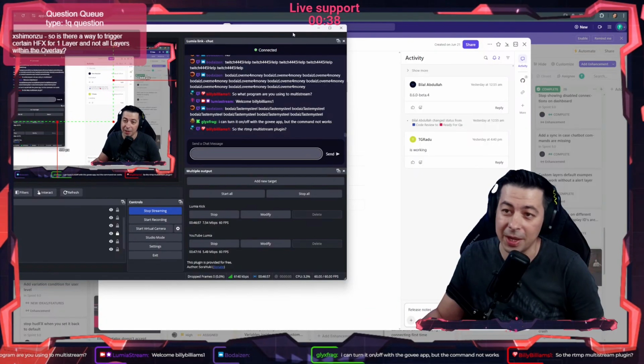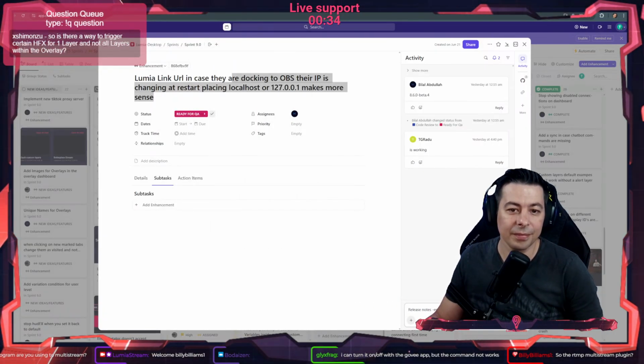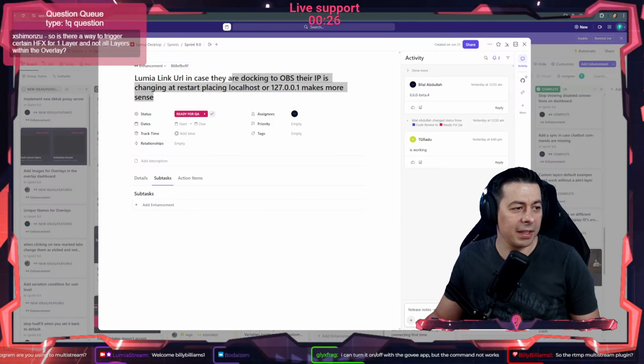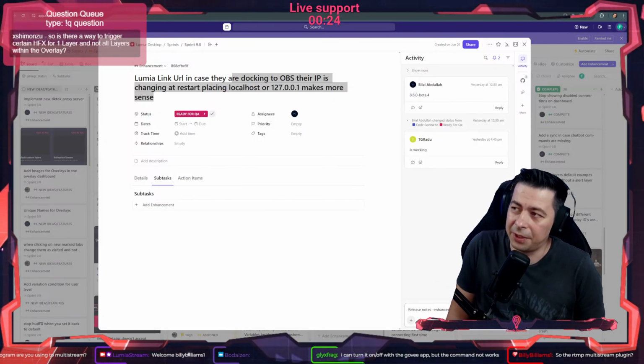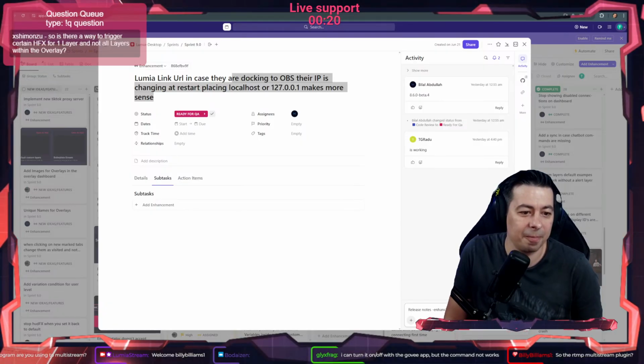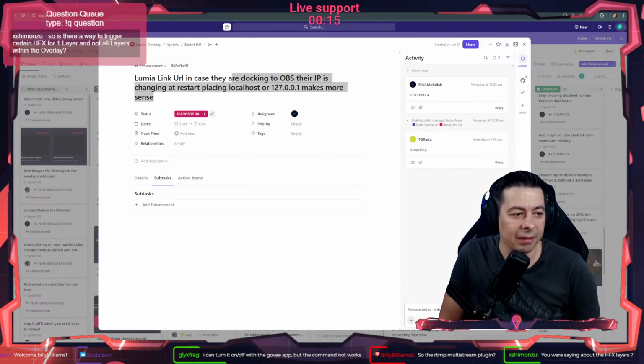So directly from OBS, I'm doing all this. Yes, the multi-stream RTMP plugin. I think it's a lot better than going via Restream or other things, because that introduces unnecessary delay.